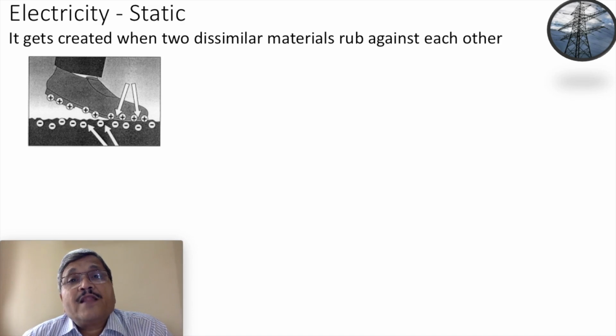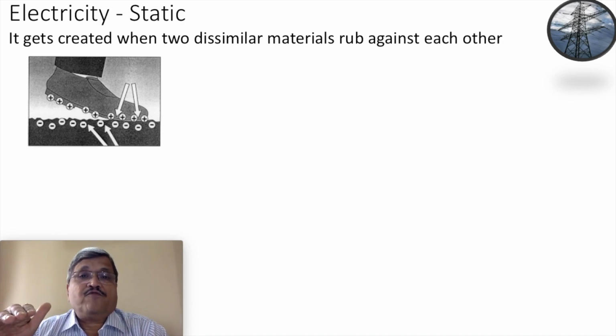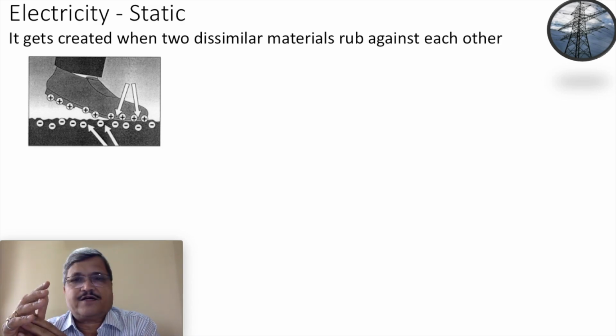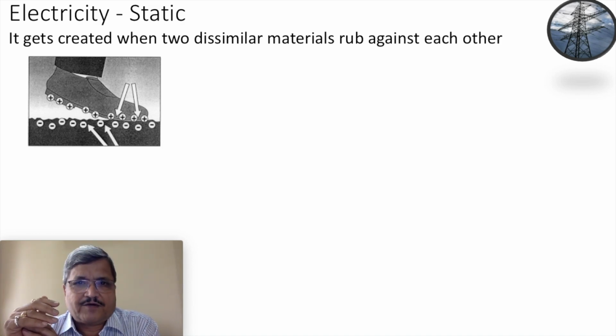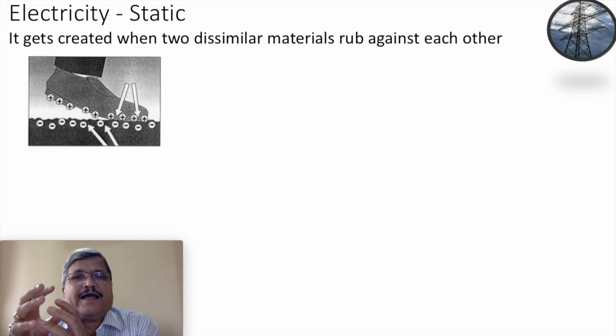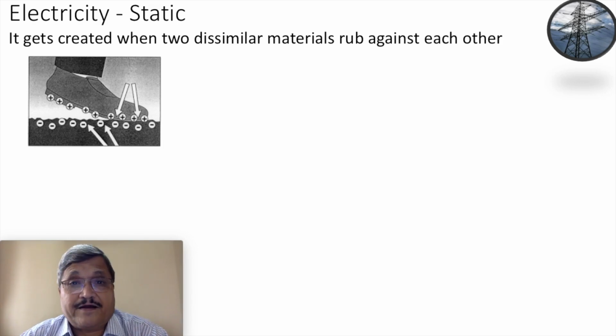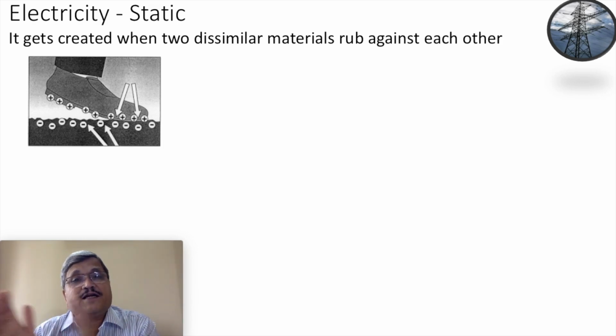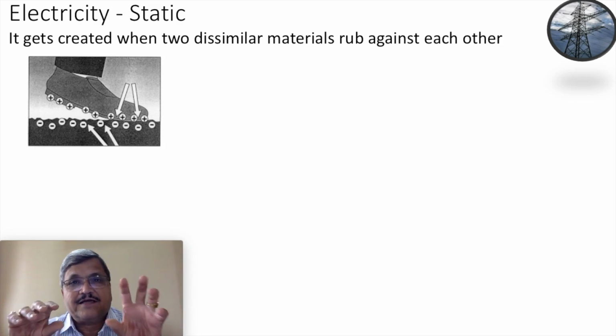because electrons are mostly at the surface, and therefore when two surfaces rub against each other, especially when one is rich in electrons and the other is not. For example, a conductor has many free electrons, but an insulator doesn't have free electrons. So the free electrons will cling to the area where there are fewer electrons. As I already said, every atom is electrically neutral, because the number of electrons and protons is the same.